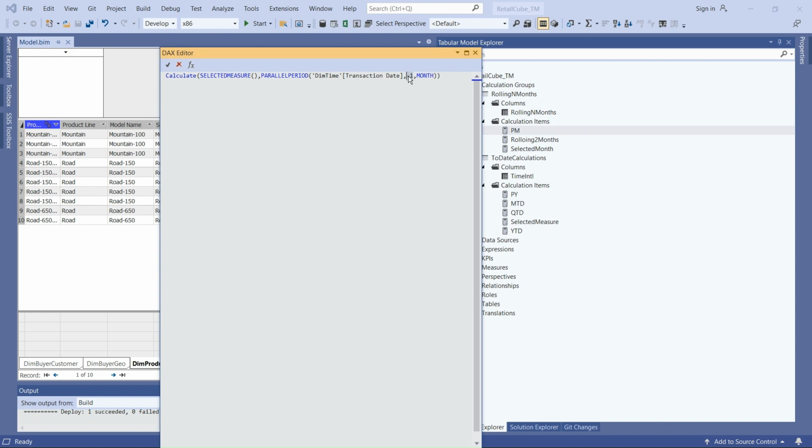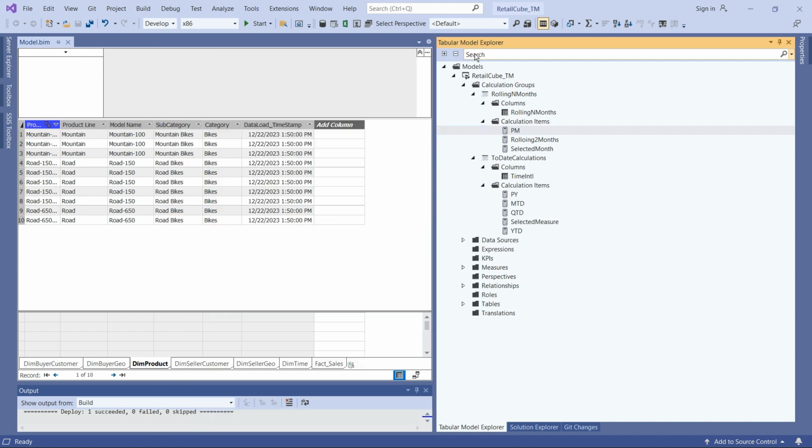In case, instead of the previous month, you have data for a future month, then instead of -1 you can mention 1, right? The positive numbers will take you in the forward direction to future month values, whereas negative parameter values will go back to the past. That's how the parallel period function works,